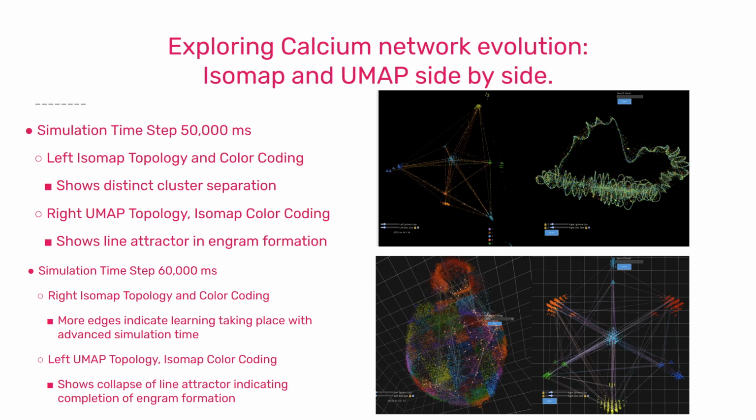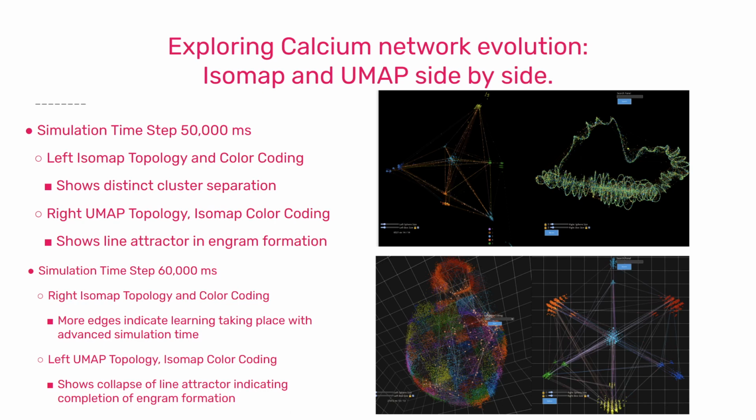In this slide, we explore the evolution of the calcium network side by side with ISOMAP and UMAP. So in step 50,000, it appears that there's a line attractor forming on the UMAP representation, and there are 1, 2, 3, 4, 5, 6 clusters